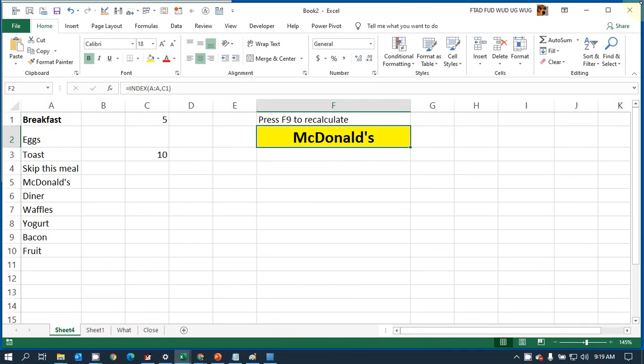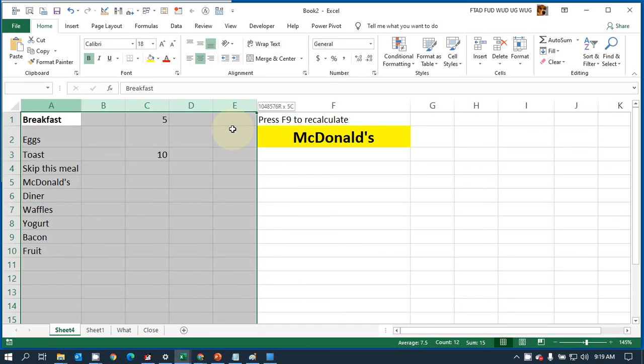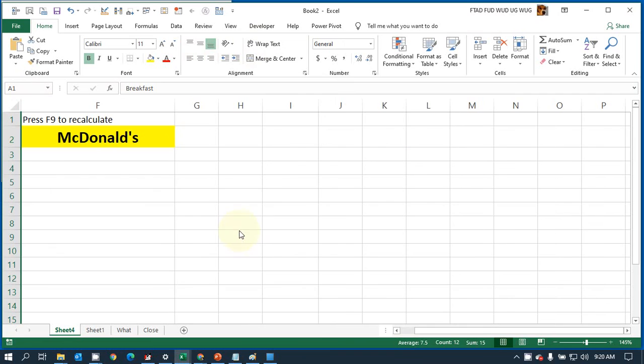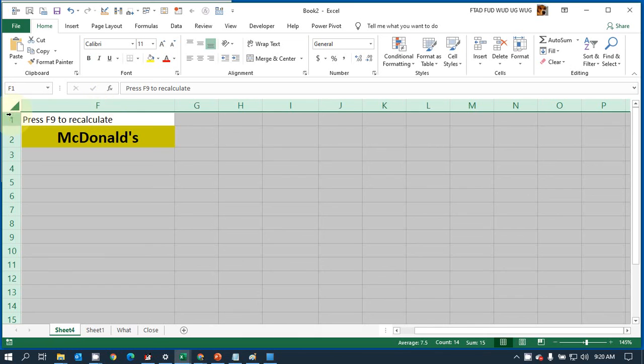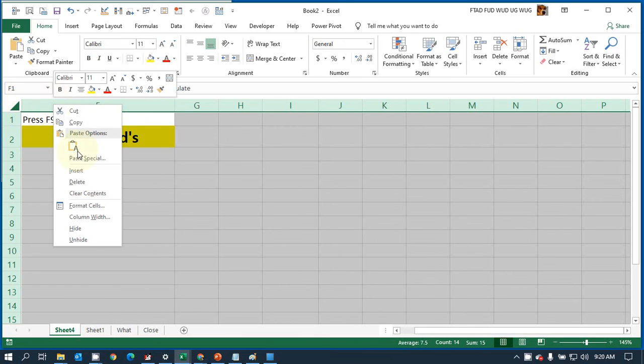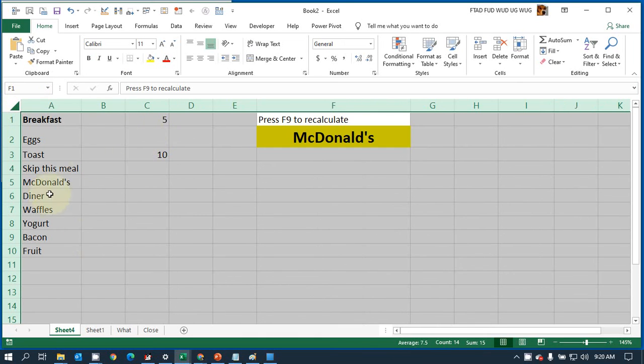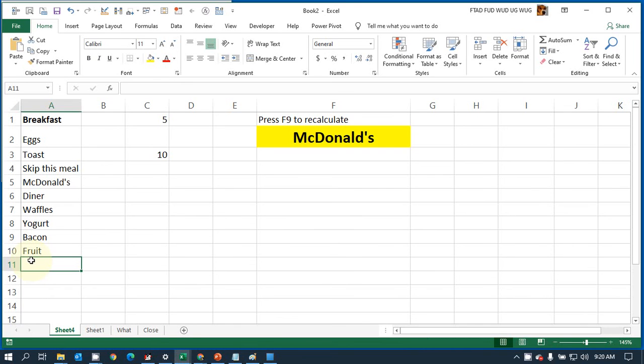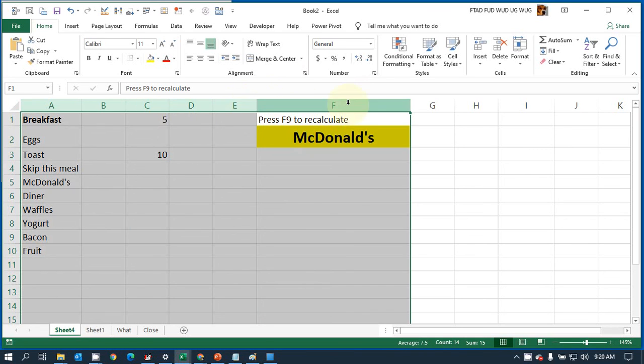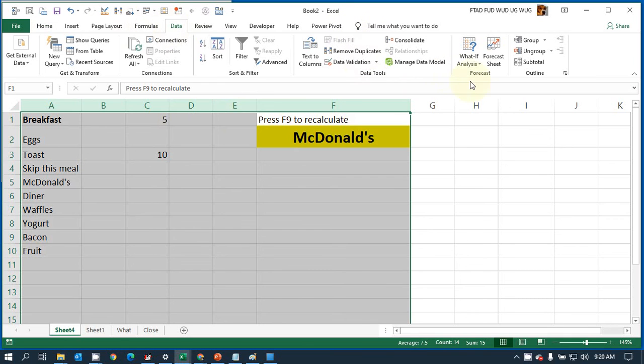Now, just to make this a little bit nicer, we're going to hide columns A through E. So there's two ways I'll show you how you can hide it. We can just select them and then right click and say hide, which is one way to do it. I'm going to unhide it by pressing this little corner thing, right click, unhide. The problem with that is that I couldn't enter a new one if I wanted to enter a new breakfast to eat. So a better way to do that would be to group, and what I do is I'm going to select these columns. We're going to go to Data, Group,